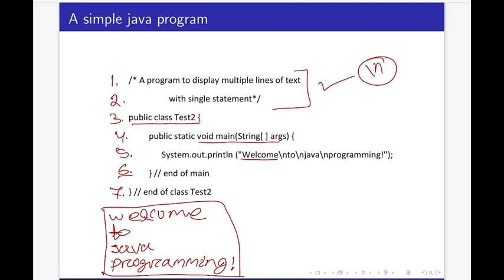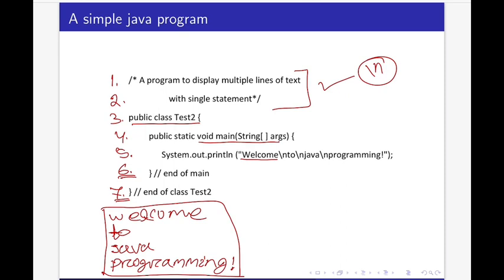Now line number 6, this is the right curly brace that signals the end of main method, and line number 7, another right curly brace, that is the end of class test2. Okay, so now can you say what will be the file name of this program?